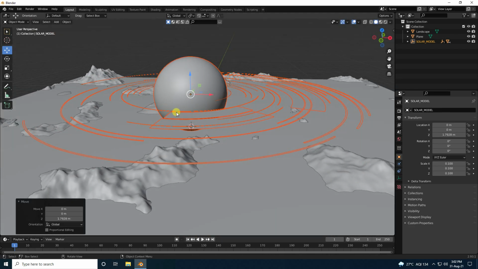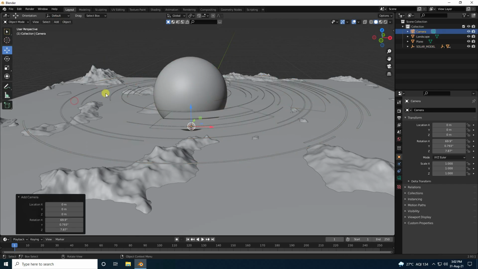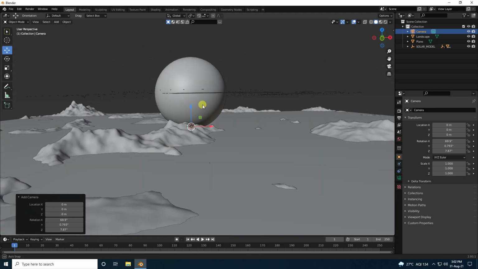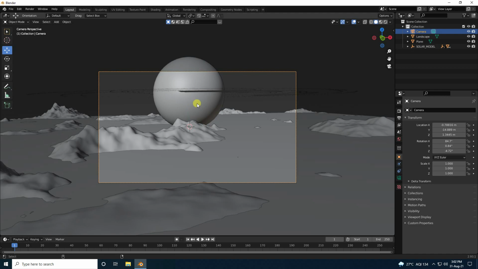Okay, so next, guys, I take a camera and camera check. Guys, set your camera angle like this. Yeah, and for the camera angle, hold Control Alt and press 0. Yeah, that's my camera angle.